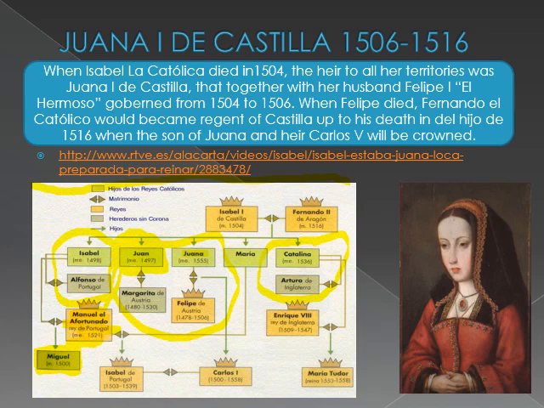Who's next then? The next is going to be Juana. Then Juana is going to become the heir to all the Catholic monarchs' territories. This is how, when Elizabeth the Catholic died in 1504, Juana is going to become, together with her husband Felipe I el Hermoso, the kings that are going to govern from 1504 to 1506. Why only to 1506? Because Felipe also died too young, only 2 years after coming to Castilla. He died in very strange circumstances after practicing some exercise.